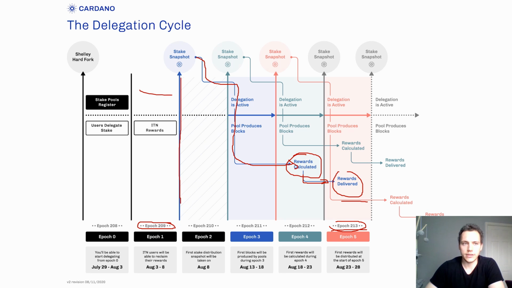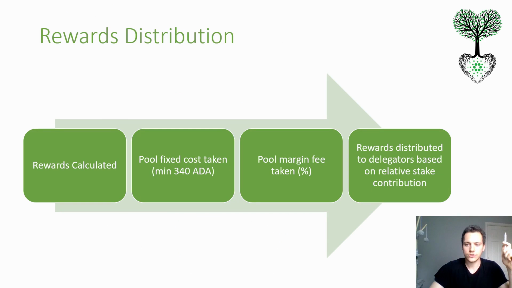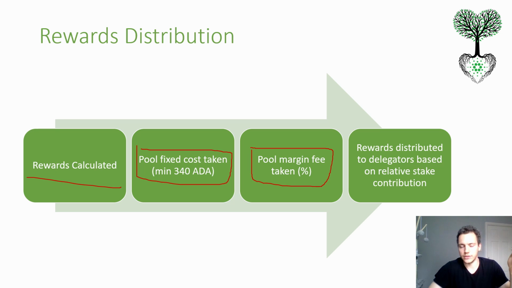But in any case, let's just go through the rewards distribution after they are calculated. So the rewards are calculated according to the formulas I showed you. Then from those rewards for a stake pool, the pool's fixed fee is taken out first. From the remaining reward amount, the pool margin fee is taken out, and the rest is distributed to the delegators in a way that